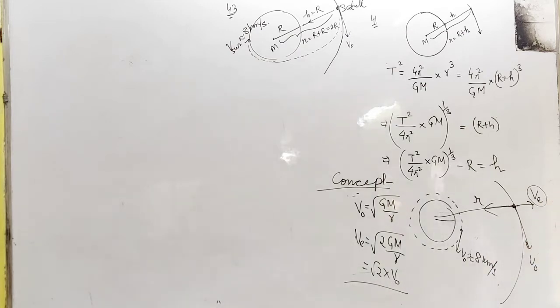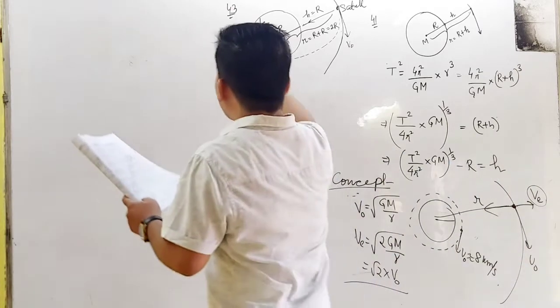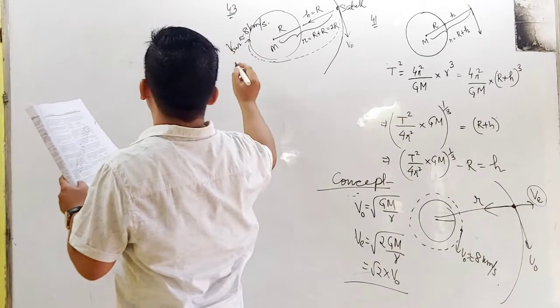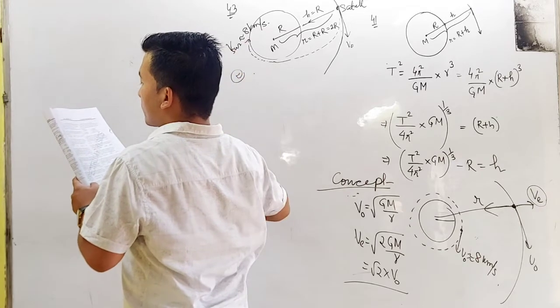Before landing on the Earth's surface, it will behave as a satellite revolving just above the Earth's surface, so the speed will be 8 km per second. Question number 43, our answer will be option number 2. Next,